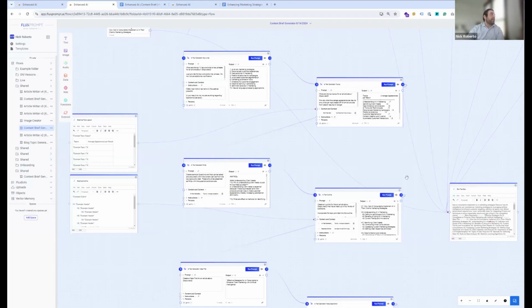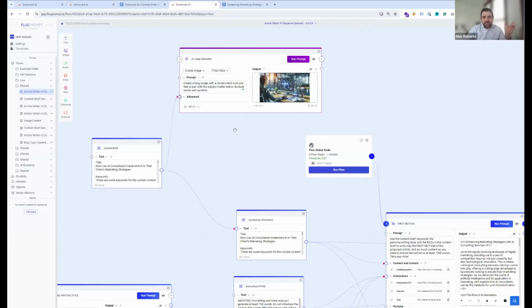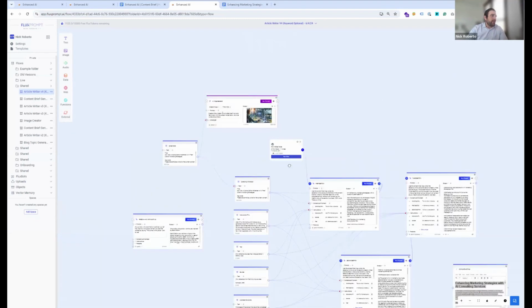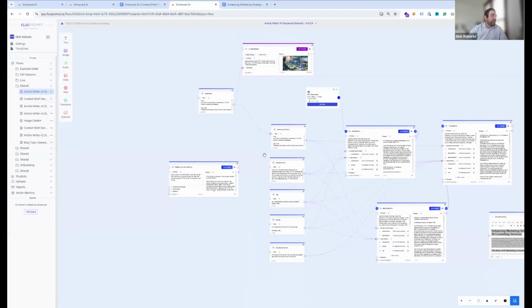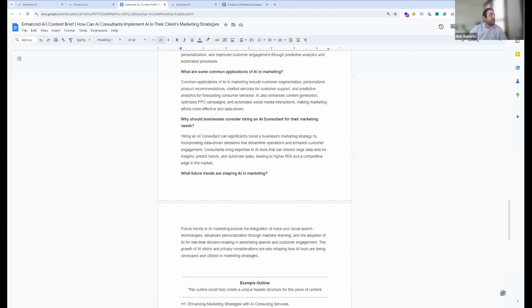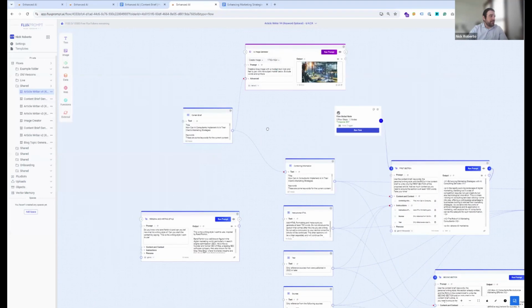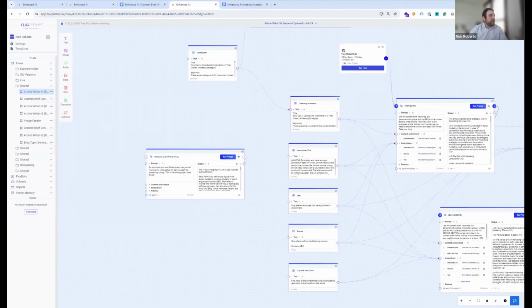The last one that I just wanted to go through real quick, if you don't mind, is the final process. That last part was the content brief creation itself. The final process that you and I go through and talk about is the final article itself. This is the biggest flow that you and I had taken time to build and gone through. We take that content brief that I was talking about here, and we take it over to our content creation flow, and it goes through this relatively quick as well. It pulls out every one of those sections that I talked about into these nodes here.